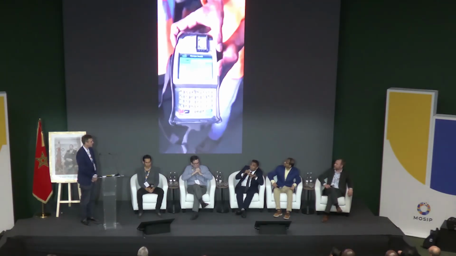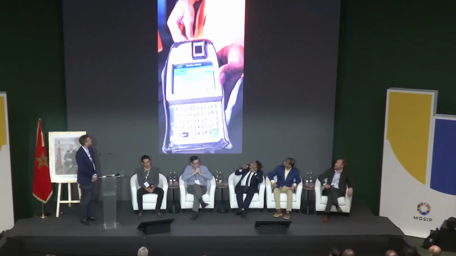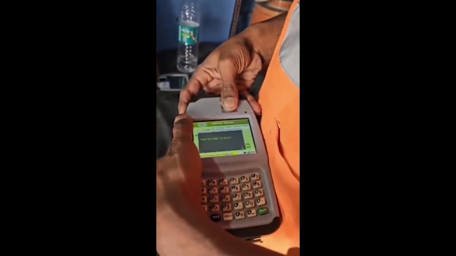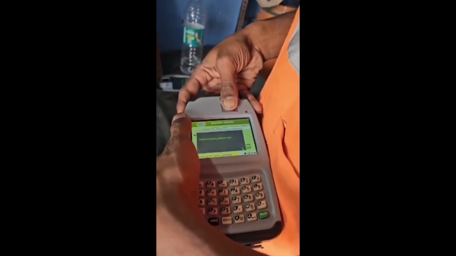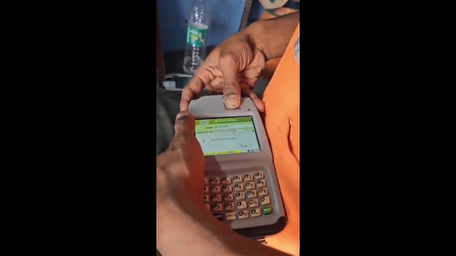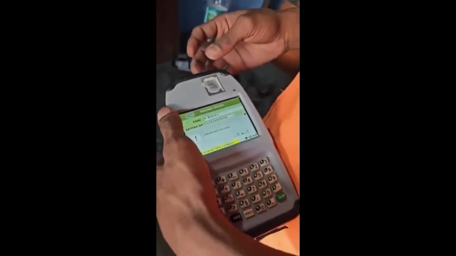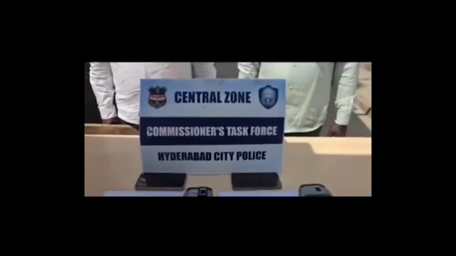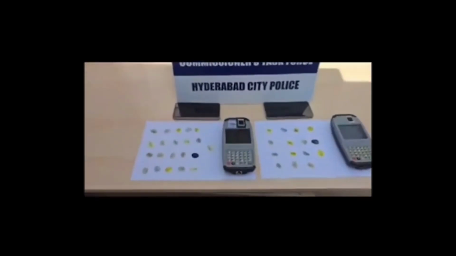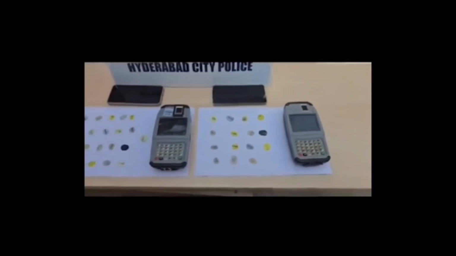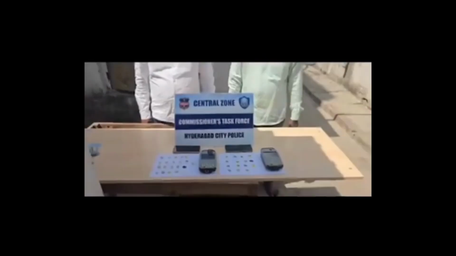In general, what happens is these fakes, right? Okay, so I'm only trying to show the, okay, you can see there's this one device, it's biometric. That guy's got a fake finger on there. Authentication successful. This is Hyderabad police, which caught them. These two gentlemen don't look like engineers. They got multiple of these fingerprints. Yeah, that's it for the video.